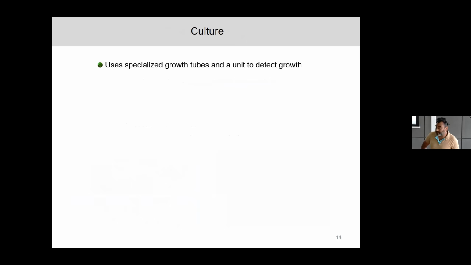So the other thing we do is we culture. So culture is, can we grow out the bacteria? So this is also a very important question with COVID. So if you cough out organisms, how long do they live in the air? I mean, do they live for days? Do they live for weeks? So do you have to keep cleaning spaces? Do you have to keep fogging rooms? A lot of this is unknown, I think, in COVID,